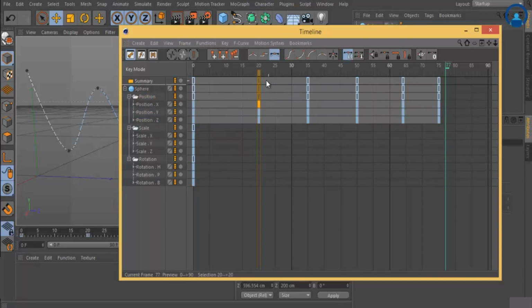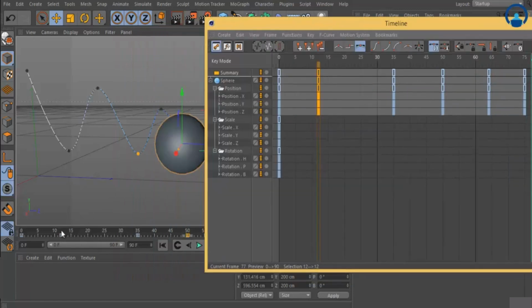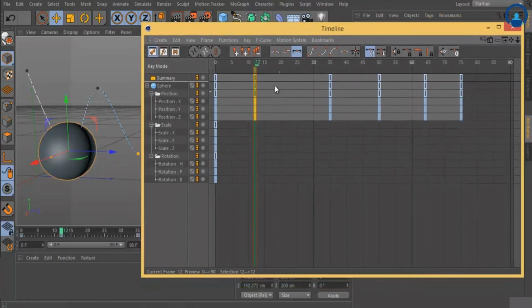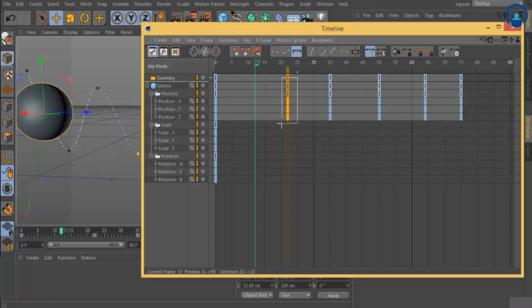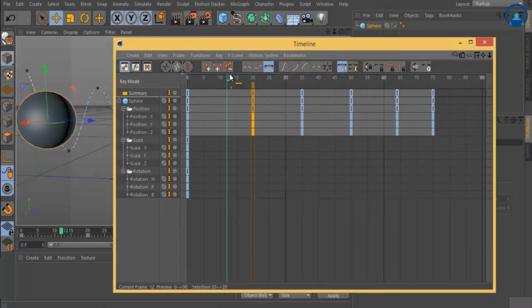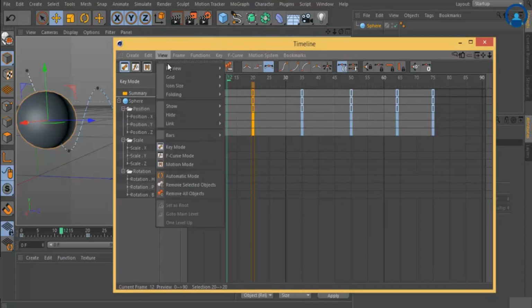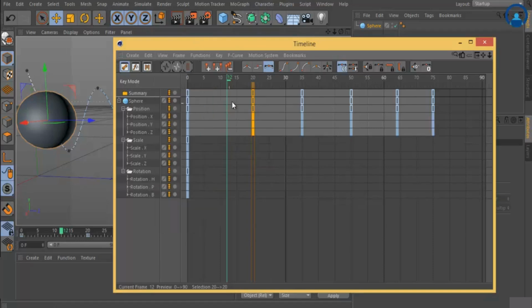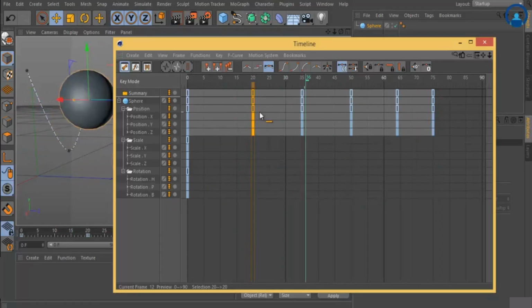You can select the keyframes, and if you want to move them, you can move them like this. See, now the keyframe is around frame number 12. If you want to move that, I just move it over here. I want to keep it on frame number 22. See, like this you can modify the keyframes. I keep it on 20. So you can adjust the keyframes by using this timeline option. We call this key mode, or some people who use different 3D software call this a dope sheet.